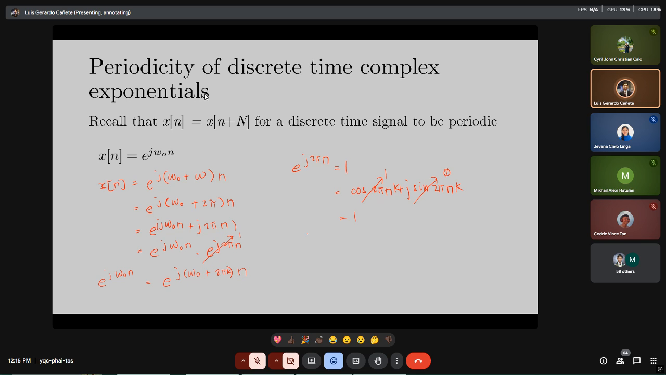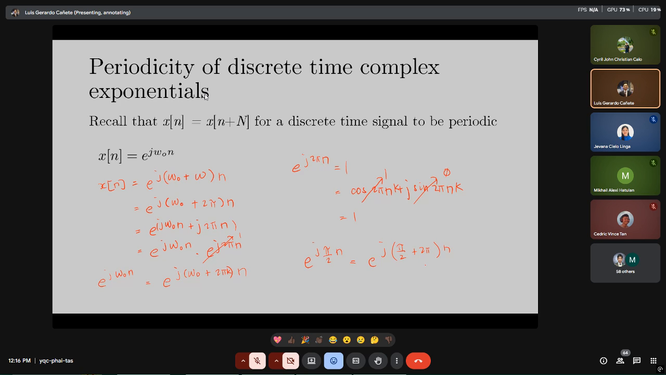So if we were to use actual numbers, this would mean that e to the j, and then let's say we have pi over 2 n, right? So let's just say that's our omega. We have pi over 2 n, right? That would then mean that this is equal to e to the j pi over 2 plus 2 pi, and then n. And the weird thing about this is, of course, if we evaluate this, this is